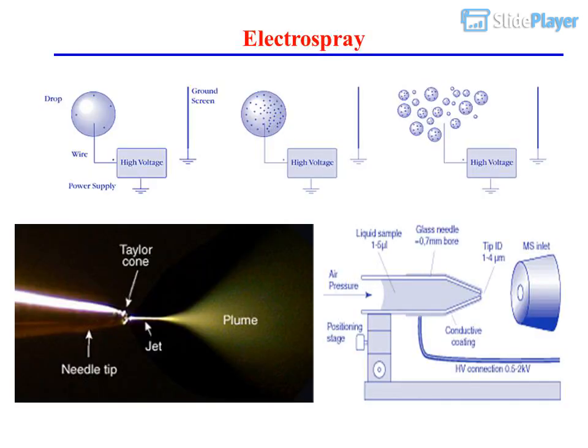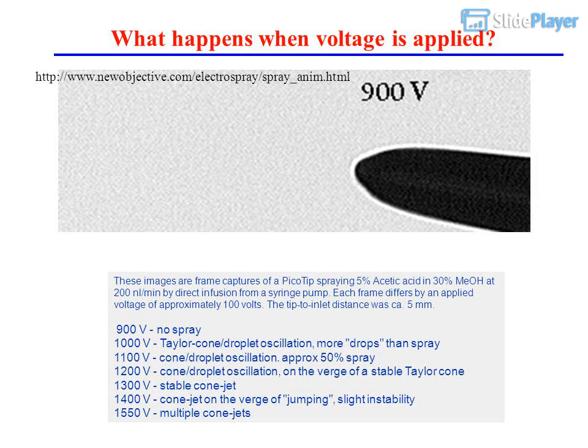Electrospray. What happens when voltage is applied? These images are framed captures of a pico tip spraying 5% acetic acid and 30% NEO at 200 ml per minute by direct infusion from a syringe pump. Each frame differs by an applied voltage of approximately 100 volts. The tip to inlet distance was approximately